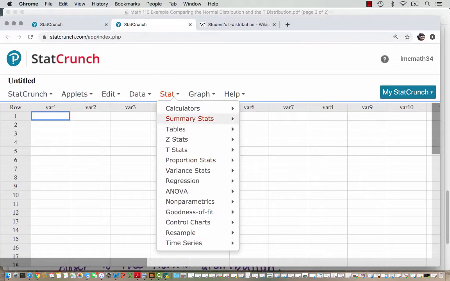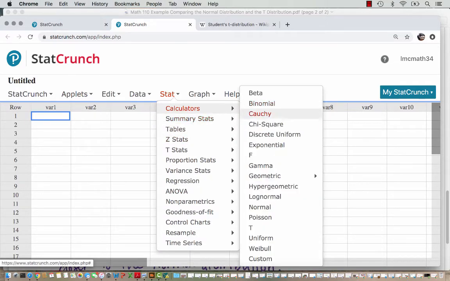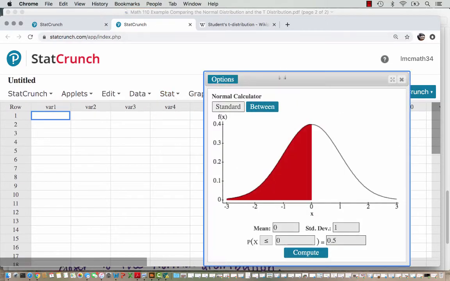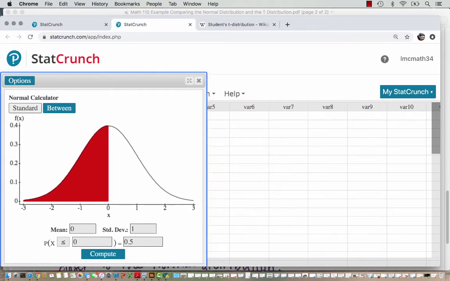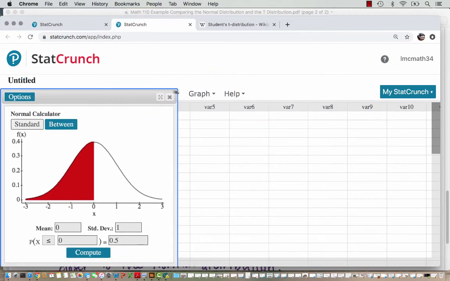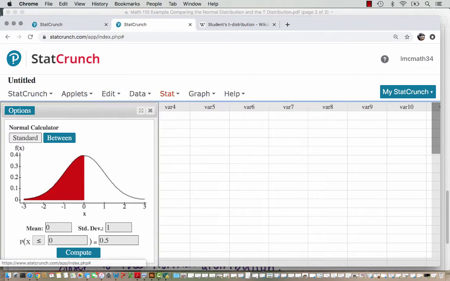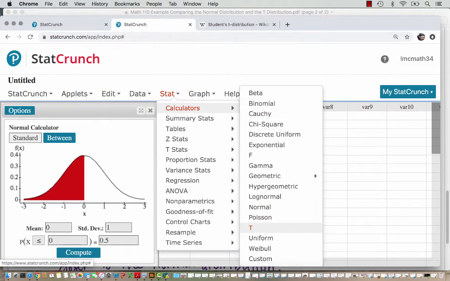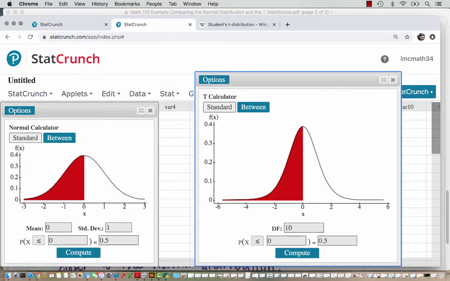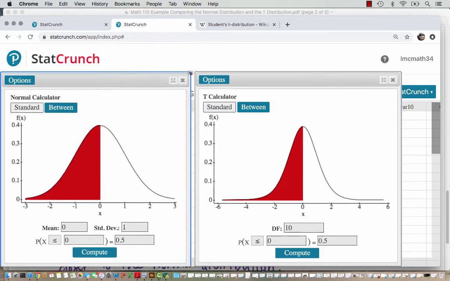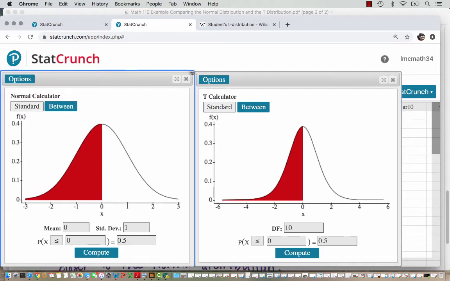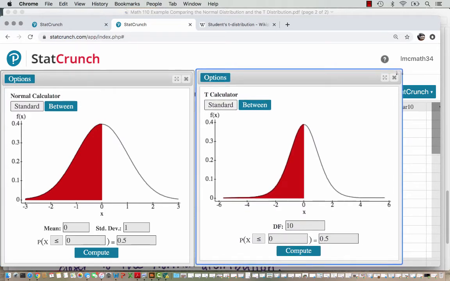So we'll go to Stat Calculators Normal. We'll put that one over on the left. And then we'll go to Stat Calculators T, it's just the letter T down here. And let's get them so that they're both about the same shape. So they both are centered at 0, and we can see at 10 degrees of freedom, the T calculator looks a lot narrower. So let's go up to 15 degrees of freedom, getting wider,